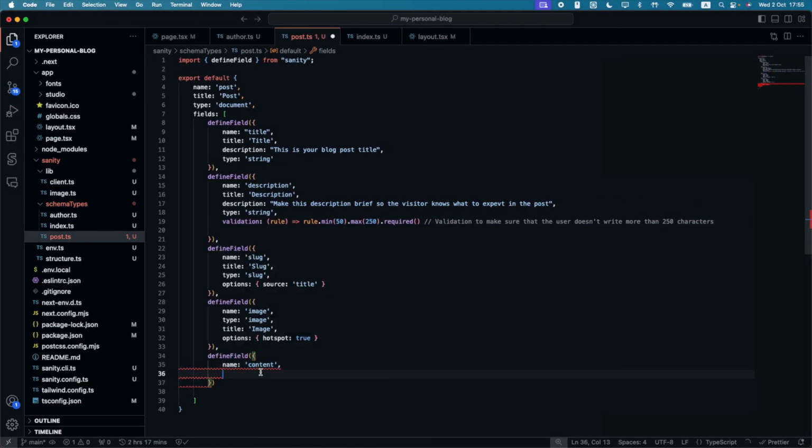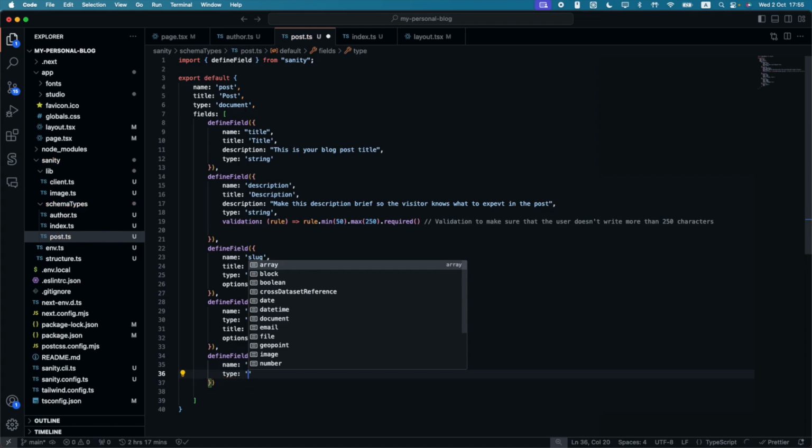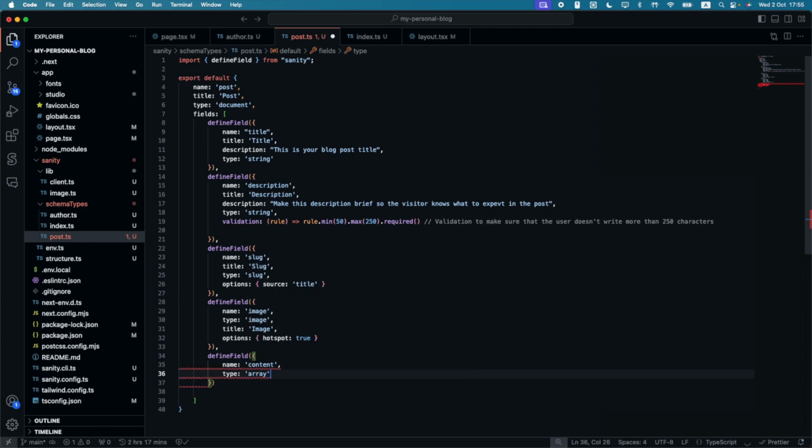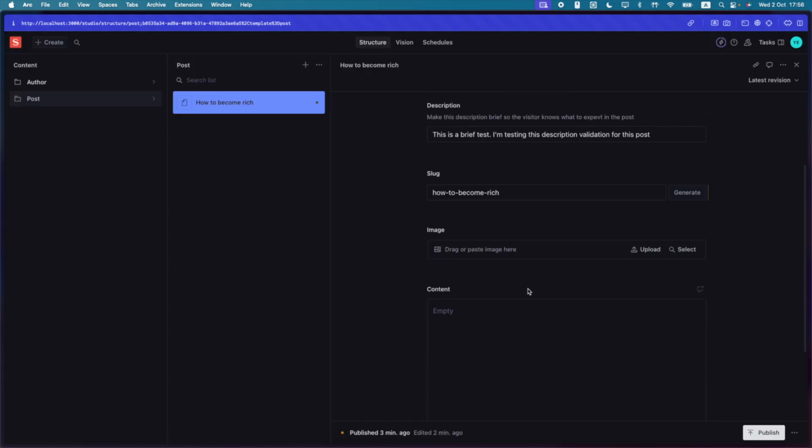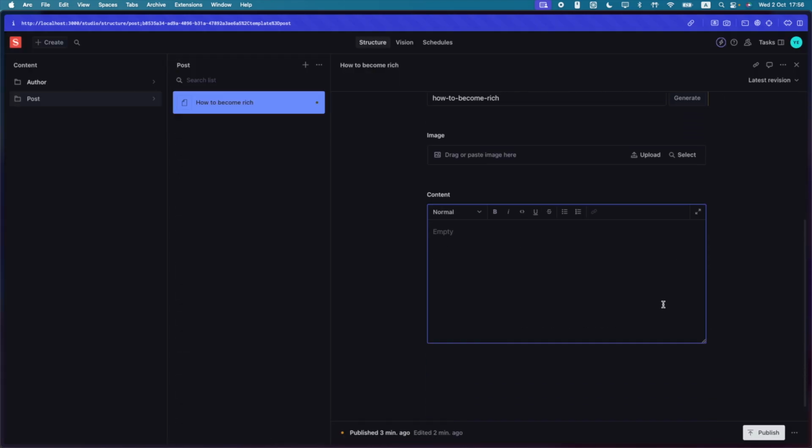So type, this one's a bit of a funny one. It's an array, and since it's an array, you can use this property of type block. This is just Sanity's way of doing the text editor. Now we'll give it a title as well, call it content. Sweet. Now if we refresh, you should find a neat text editor where you can write, this is my heading, bang. You can make it bold, italic,